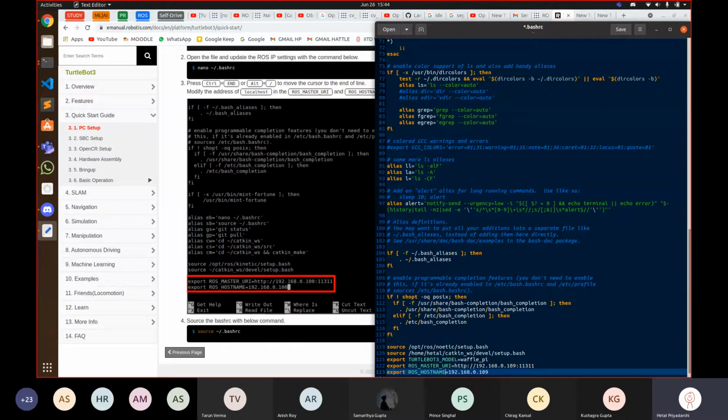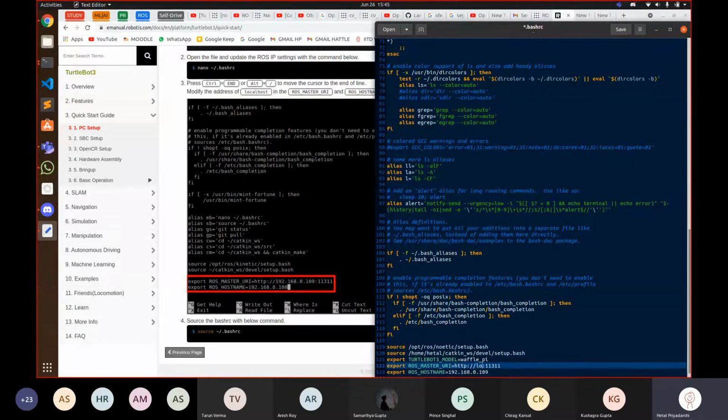And sometimes ROS hostname might not work, then you have to use ROS IP. But I think on Noetic hostname should work. You can also replace this by localhost. That doesn't harm, because most of the routers nowadays use the DHCP protocol, which sometimes changes the IP address. One day I had this problem that earlier my IP address ended with 107, but then it changed to 109 because of the router. So my ROS wasn't functioning correctly, so I just changed this to localhost.